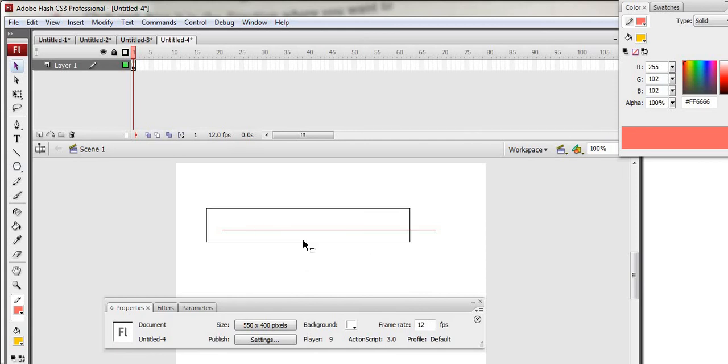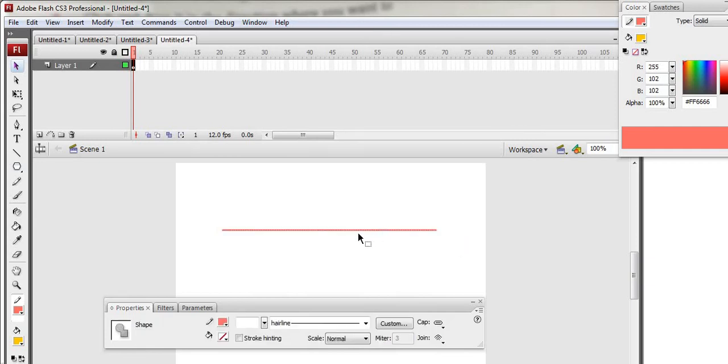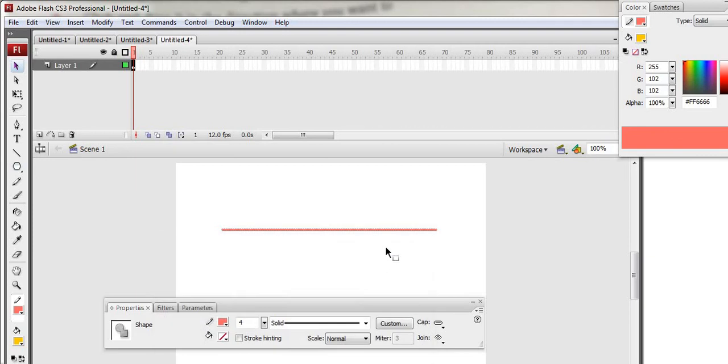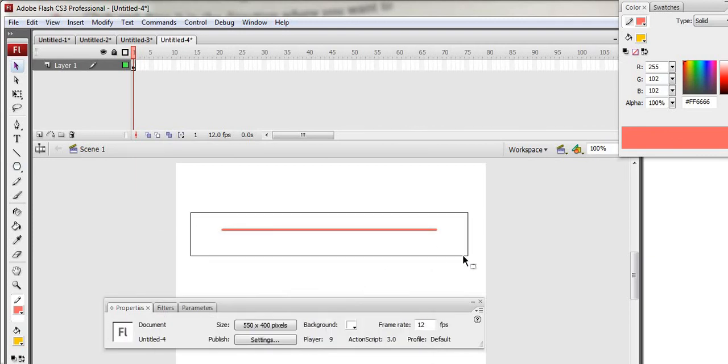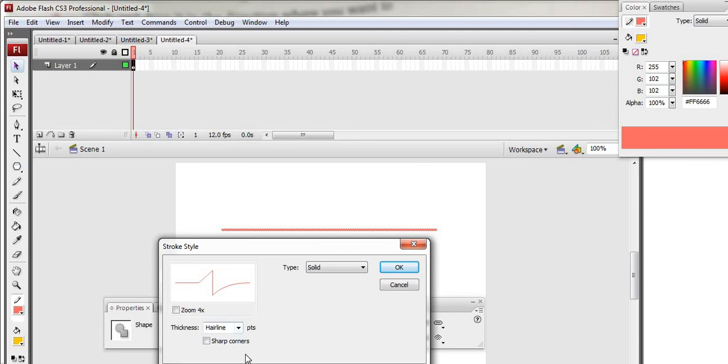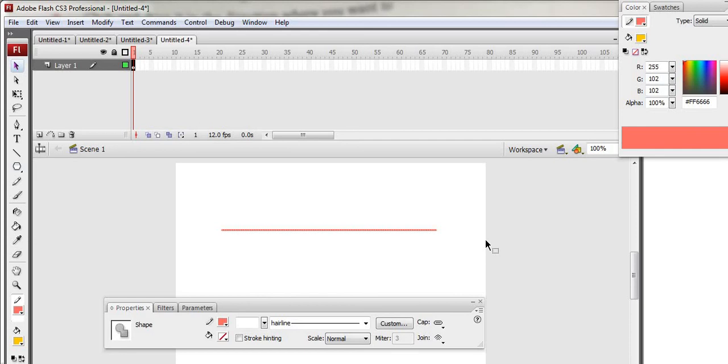Right? And if I select this, it is scale normal, right? Here, horizontal, vertical, whatever kind of effect you want to give, or join like this, custom, solid. If you want to increase the thickness, you can increase it from here, right? So many options are there. Scale normal, custom from here, okay, sharp corners, okay.